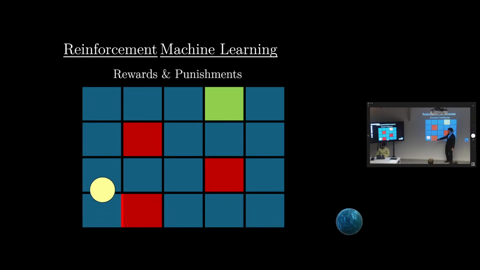Then it goes another way. For example, goes here. Then could go either here or here. And randomly, for example, goes here. Then again, goes somewhere randomly. Goes here, for example. Then again, okay, I got a punishment. I shouldn't go here again. Then it goes back here, and then I can't go here anymore. Then it goes on top, again randomly. And then says, okay, I have punishment here. Shouldn't go here again. Then it goes back. Then it goes directly, then goes in the square. I'm punished. Shouldn't go here anymore. Then goes down, then goes right, then goes top, then goes left, and then goes inside.